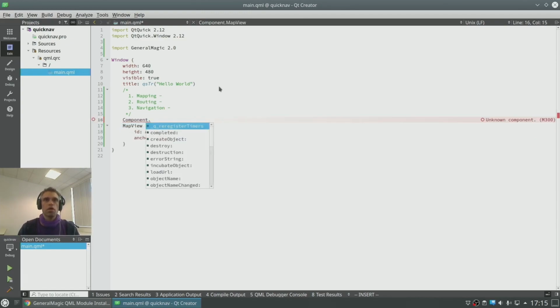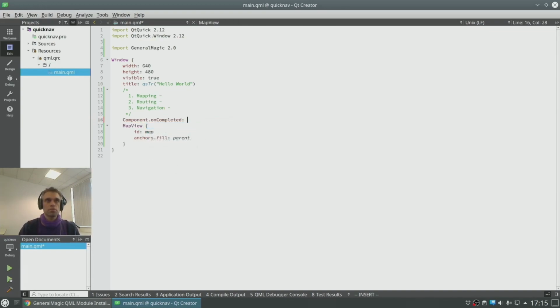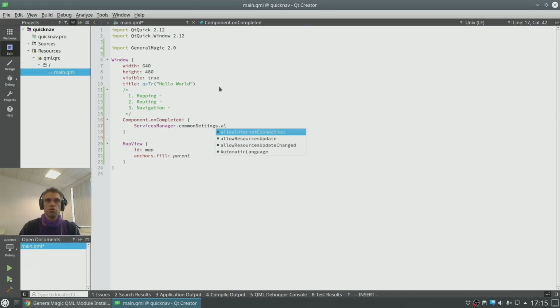So we have the component on completed signal. And here we say services manager, common settings, allow internet connection, and we set that to true. Great.